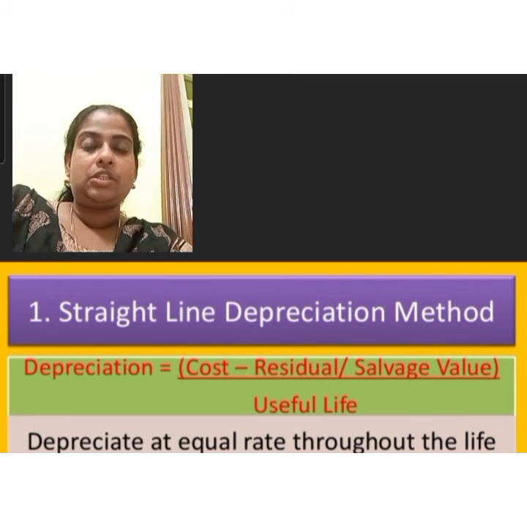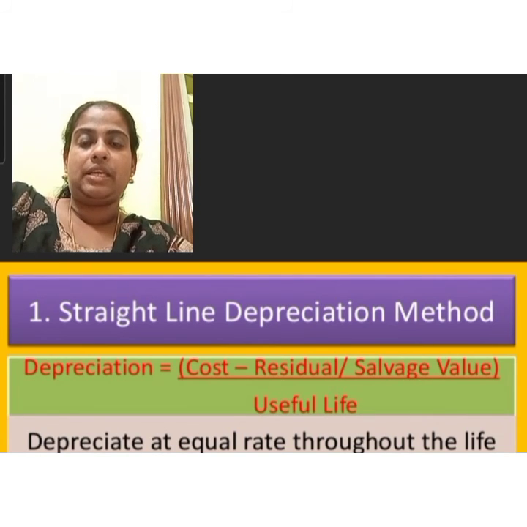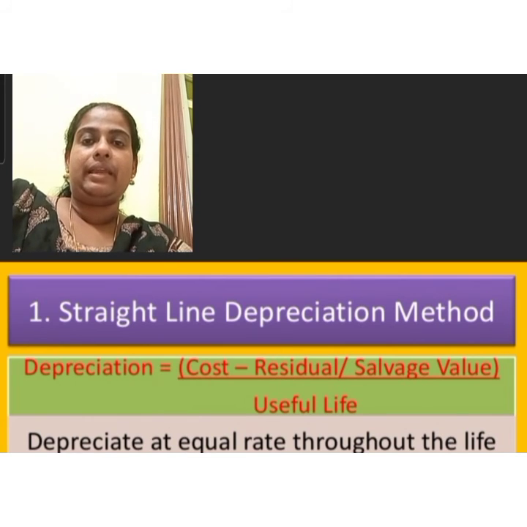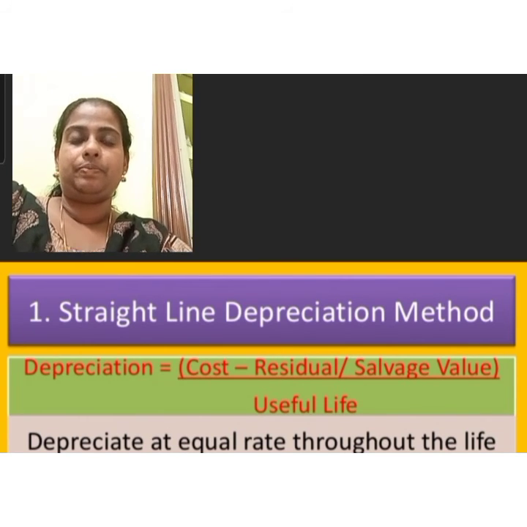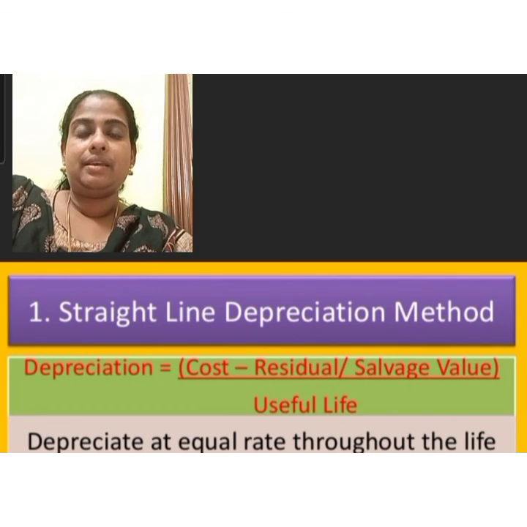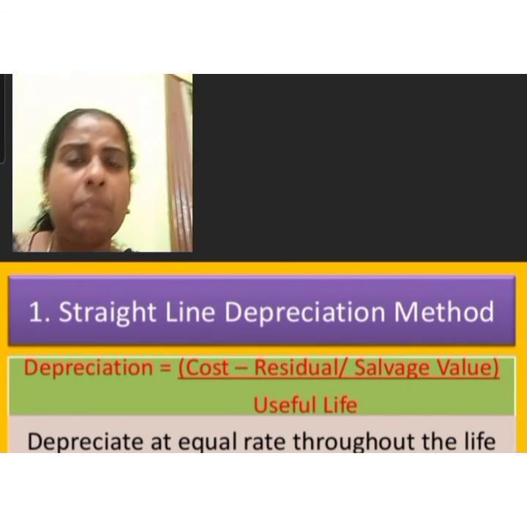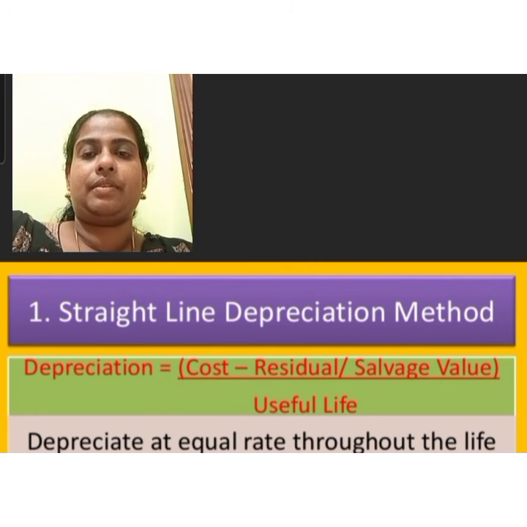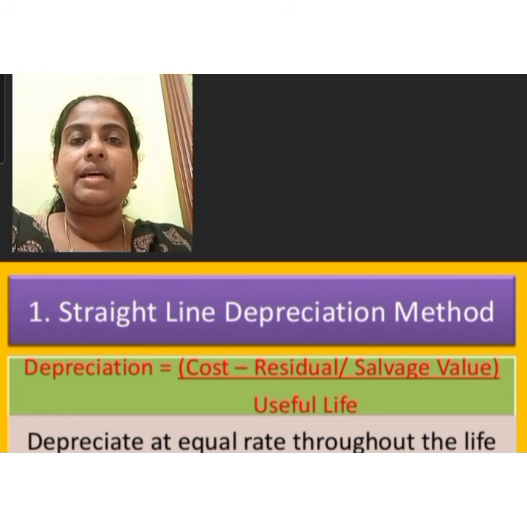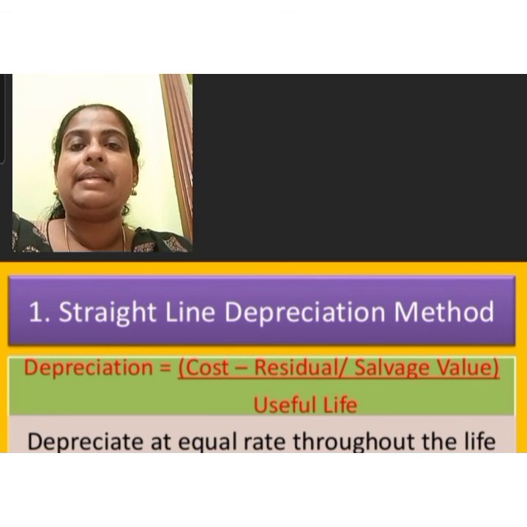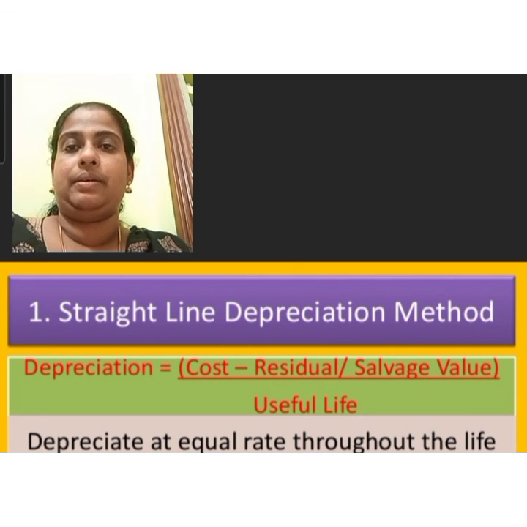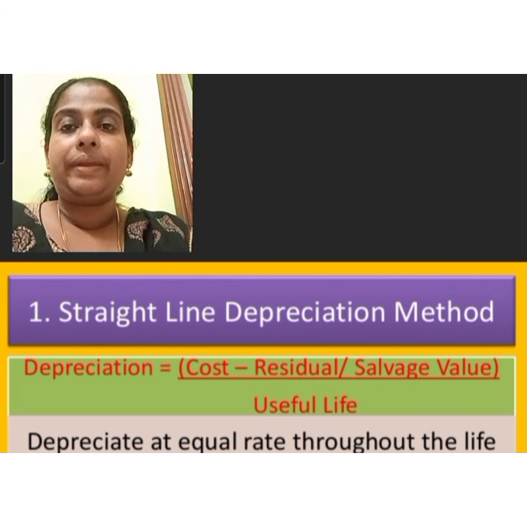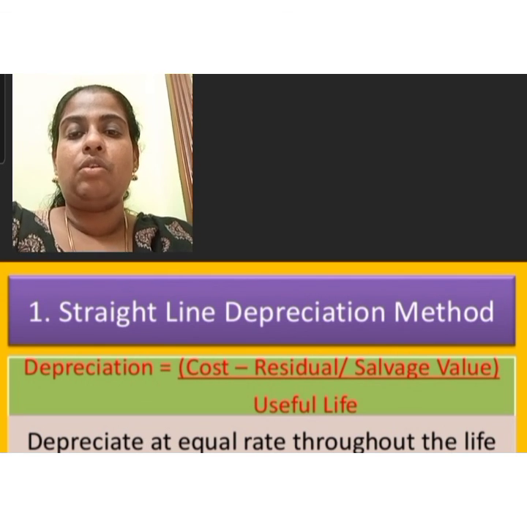The next use is that the combined result of the depreciation on both the old and new machines and also the repairs and maintenance charges balance each other. In the case of old machines, maintenance charges are more, but in the case of new machines, charges are lesser. Then another use is that more maintenance charges on old machines and lesser repairs on new ones balance each other. This method is very simple, so it is most appropriate for small firms and assets of small value.